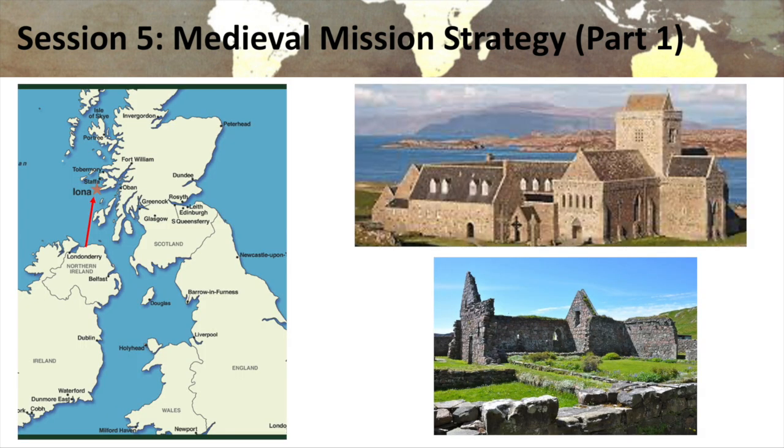So here's a couple of pictures. You can see here on the left, Northern Ireland over here in Ireland, and you see this line here for Scotland. What they did was they got in a boat and they landed up here on this little tiny island of Iona. Over here on the right, you can see the rebuilt monastery. Obviously, you can see how nice and neat and in good condition it is. And then down here is actually the ruins of a convent that was built later on as a nunnery for Catholic nuns on this island.